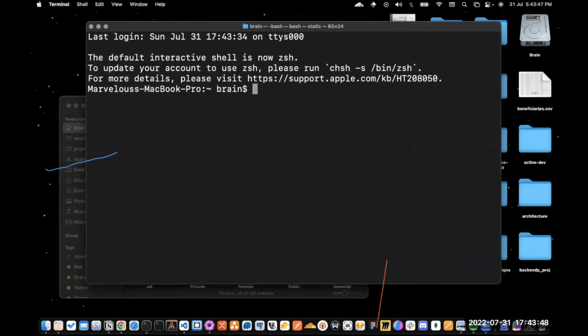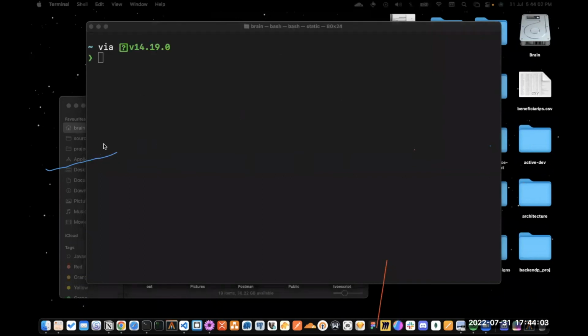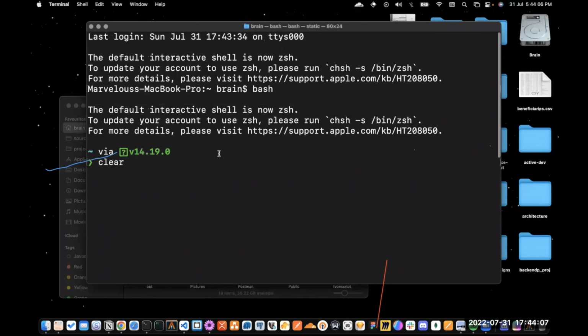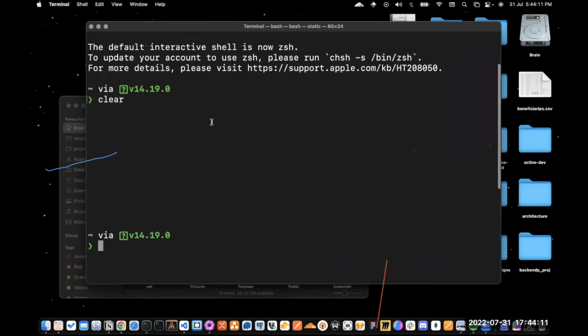Okay, so by default, I use ZSH. But I also configured this to work with fish, right? So we have a bunch of shells. We have fish, ZSH, but right now let's go into Bash. Let's clear this. Looking at this, you see I used clear, but when I scroll, I still have those things there. So I can use reset, to take off the whole thing and reset this.